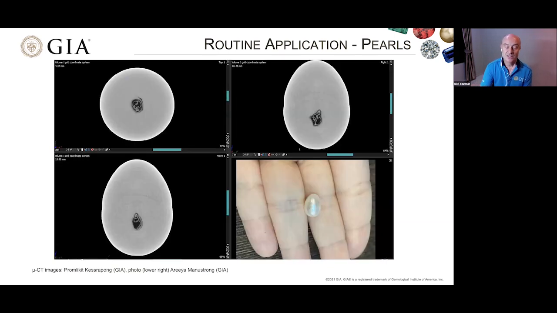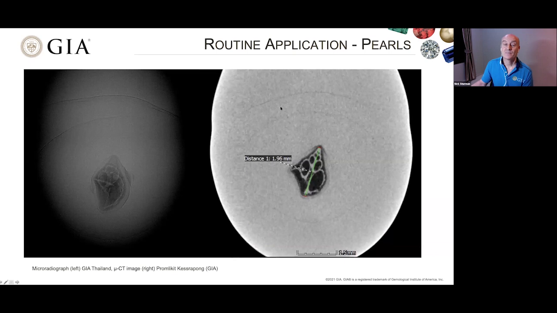So here is an example of one of the latter. It may take some of you a while to realize what this is, and others will probably already have the answer. This pearl shown here is the one which had this structure inside. So it's with my colleague's hand for scale. And I hope that you've probably all realized by now that this is actually a small shell trapped inside the pearl. So this was the instigator of the pearl. And this was the RTX, the microradiography image. So you can see even with the RTX, it was very clear.